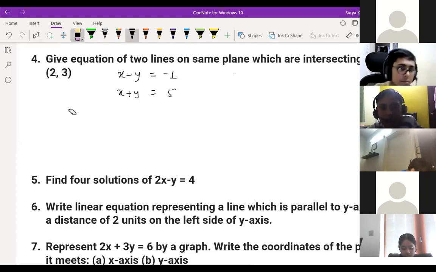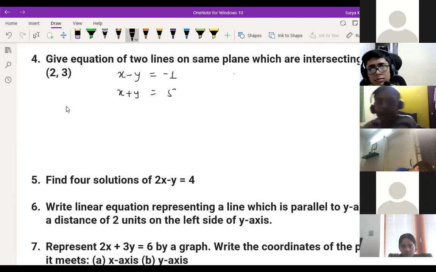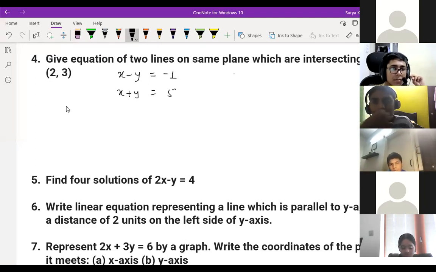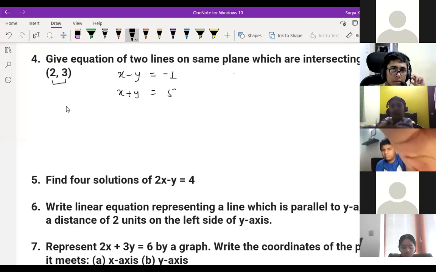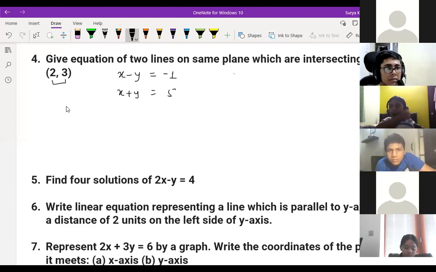So you can write so many equations like this, right? And these will intersect at this point only if you solve them. Can we do it like first we need to draw the graph, sir? How will you draw the graph without an equation? No, sir, 2 comma 3, sir. How will we get the line? This is a coordinate, one point. How will this line come? 2 comma 3 means a point, no. Yes, sir.